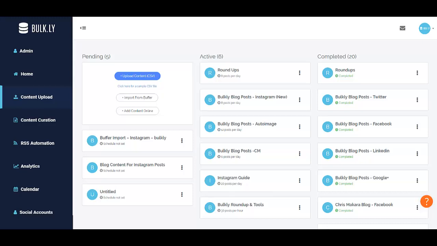Alright, so real quick I want to show you how Bulkly works when you upload a CSV file. So what you're going to do, once you're logged into Bulkly, is click on the Content Upload tab over here on the left. And once you're inside the Content Upload section, you're going to click on this blue button that says Upload Content